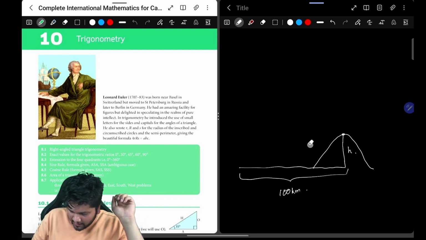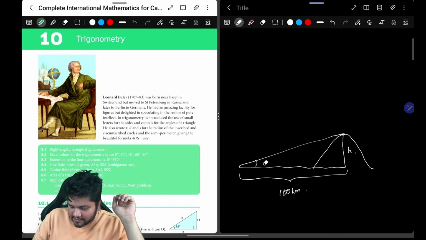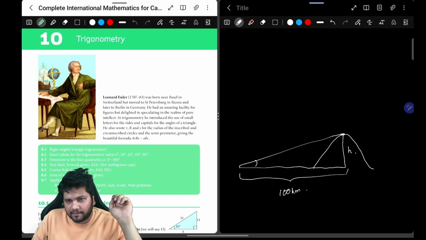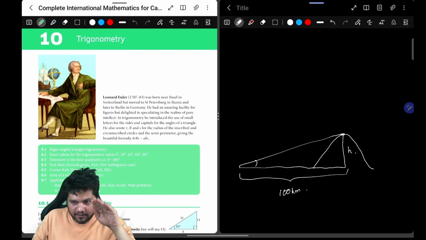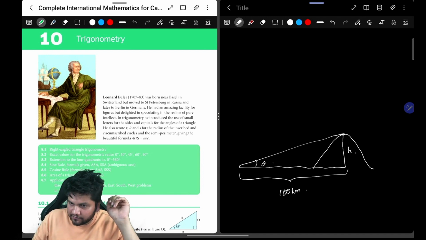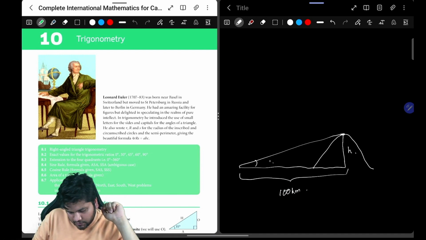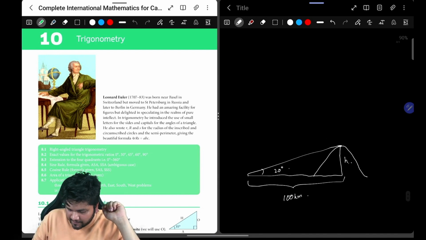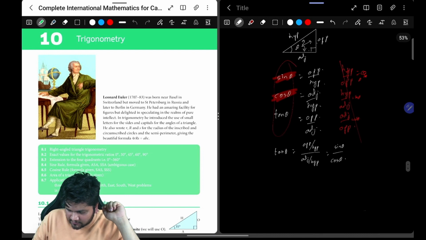Now obviously I don't know this distance, but I can understand this angle theta. This is angle of elevation, right? Like how much it is up, like this angle of elevation. So this theta, if we know, let's say, is 20 degrees. Now I know this is 20 degrees, this is h, this is 100 kilometers, correct? Now what is the relation between,